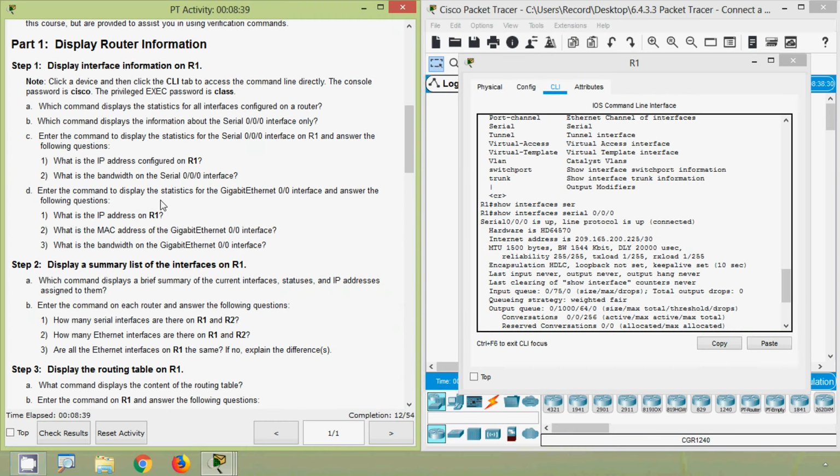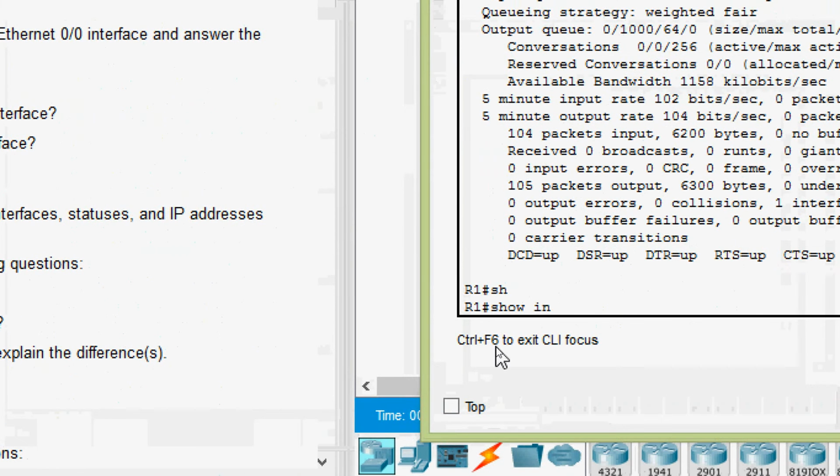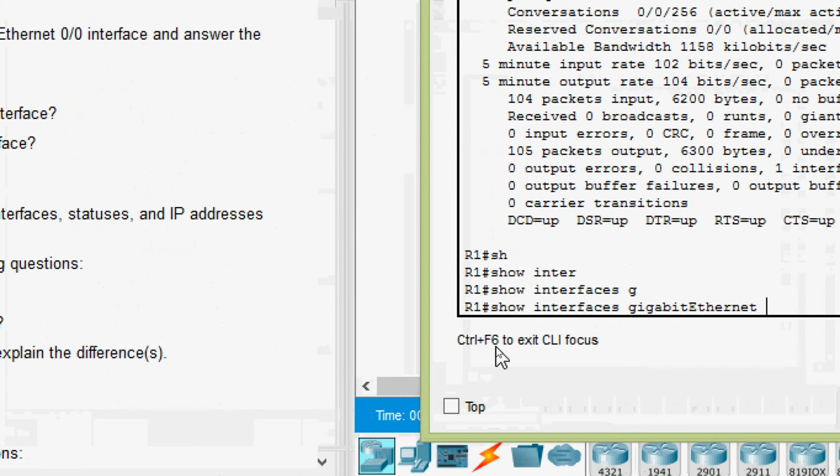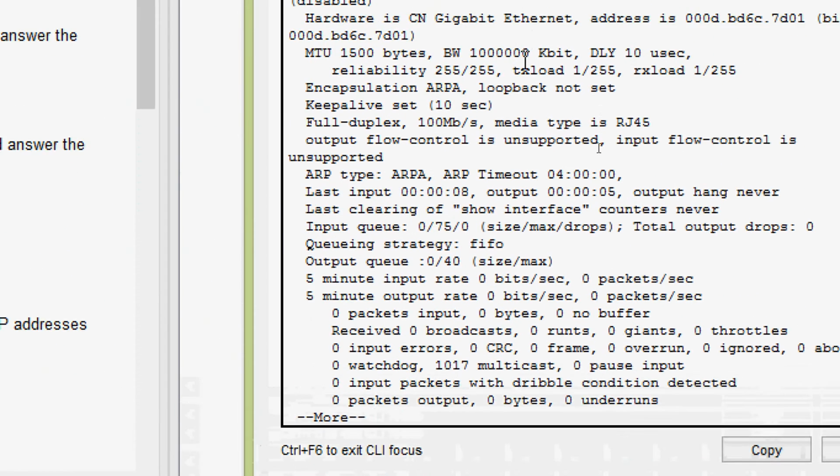Next is enter the command to display the statistics for the gigabit Ethernet 0/0 interface and answer the following questions. We will see those questions. What is the IP address on R1? What is the MAC address of the gigabit Ethernet 0/0 interface? And what is the bandwidth on the gigabit Ethernet 0/0 interface? Okay, we will verify that. Coming to the router, here we are going to give show interfaces, it's gigabit Ethernet 0/0, and here we can see